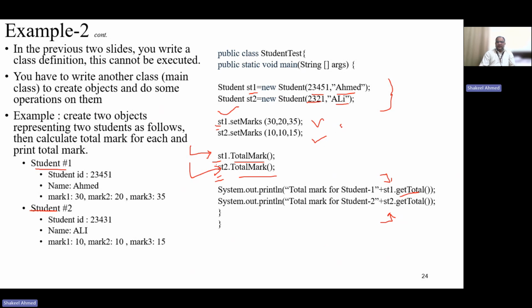Say, for example, I can create another one: Student ST3 is equal to new Student. Maybe you can write any other student ID number, say 1, 2, 3, 4, and then you write his string name as Ellen. So now ST3 is created, with Student ST3 equal to new Student. Then you write here ST3 dot set marks, calling the set method